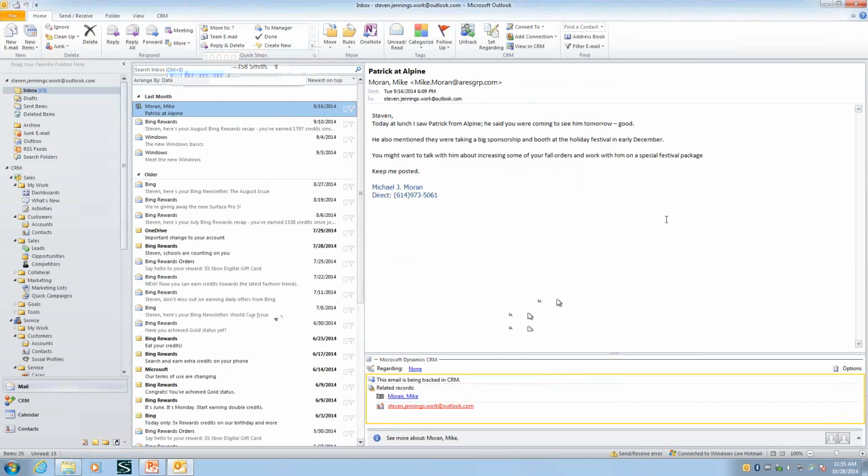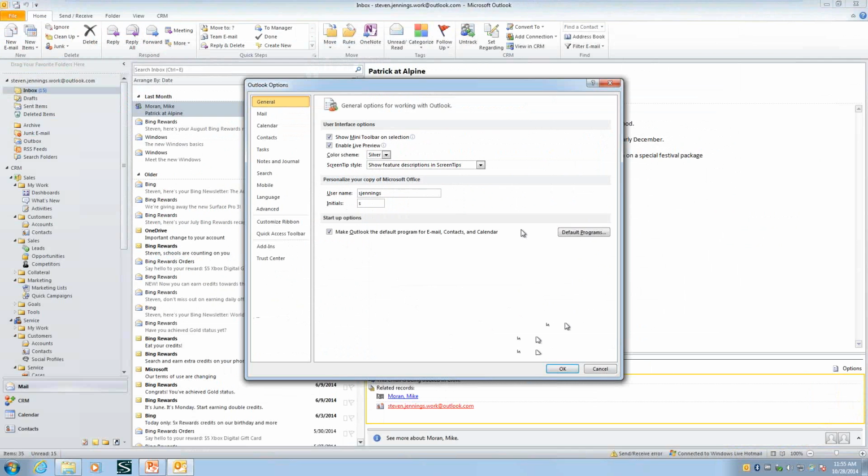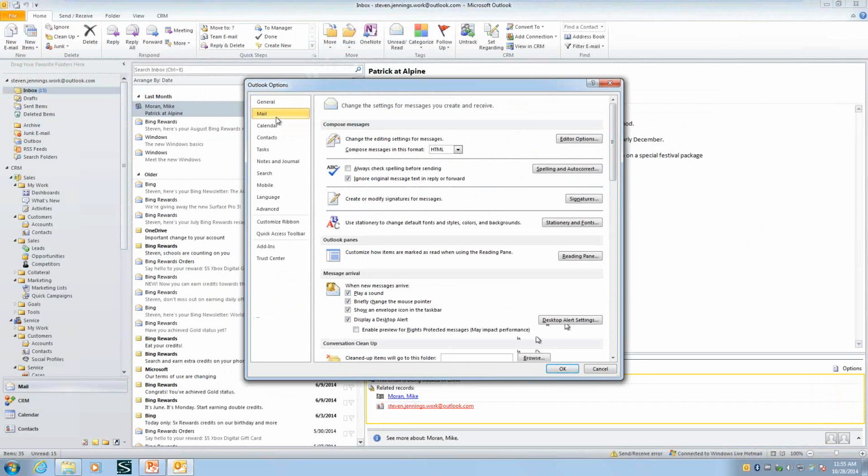So another thing is sometimes you want to set CRM as your default Outlook folder. This has been a question I've had people ask me before. Every time I open up Outlook, I want to go directly into CRM. I don't want to go into Mail first. You can do that. It's just an Outlook function, so it's really under File, Options at this point. And then if we go into Mail,